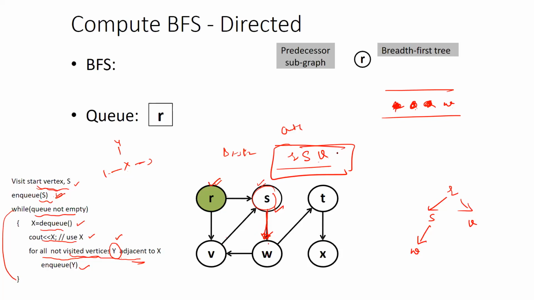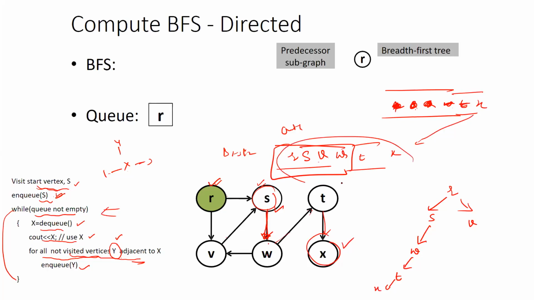फिर आगे डब्ल्यू, डब्ल्यू को आपने स्क्रीन पे प्रिंट किया, डब्ल्यू के एडजेसेंट टू अभी टी पड़ा है, एस तो पहले जा चुका है, तो टी इसके नीचे आ जाएगा, टी. टी के बाद कहते हैं जब टी को डाला इसके अंदर, डब्ल्यू निकाल चुके हैं, फिर टी के एडजेसेंट टू कौन सा है, कहते जी एक्स, तो एक्स आप टी आपका प्रिंट हो जाएगा. जब बाहर निकालोगे इसके एडजेसेंट टू एक्स आ गया, तो एक्स को आपने क्यू में डाला, और फिर आपने क्यू से निकाला एक्स, एक्स के एडजेसेंट टू कहते कोई भी नहीं है, है ही नहीं कुछ भी. तो जब क्यू एम्प्टी हो गई, स्क्रीन से बाहर आ गई, ये आपके आउटपुट स्क्रीन में आ गया, ये आपके आगे इसका ब्रेथ फर्स्ट ट्री. और इसके एक प्रीडिसेसर भी होता है,